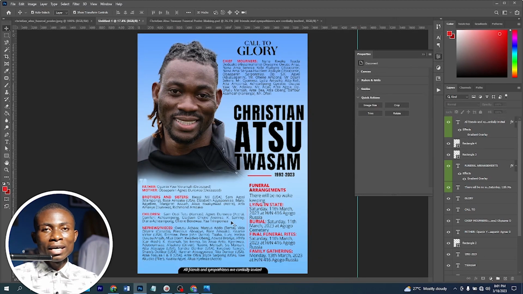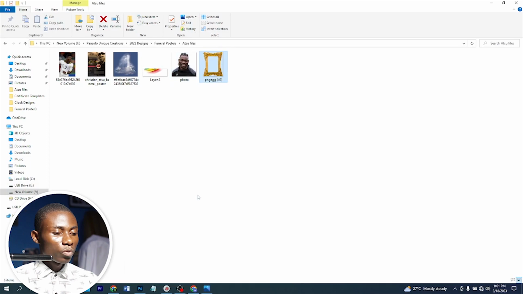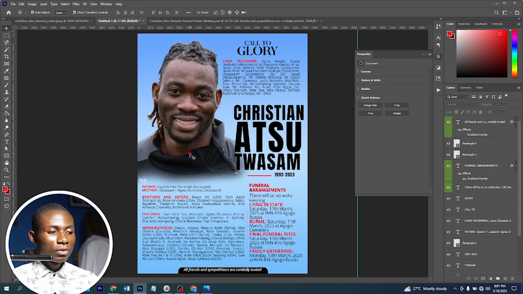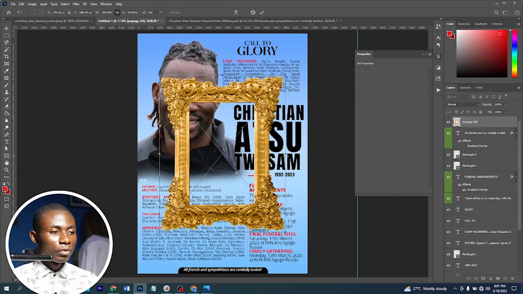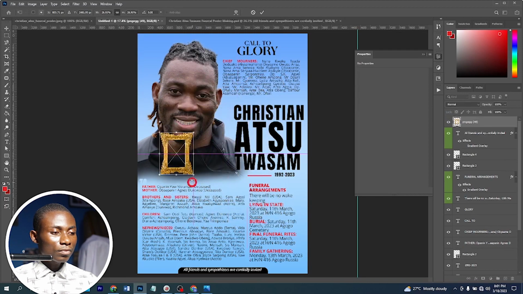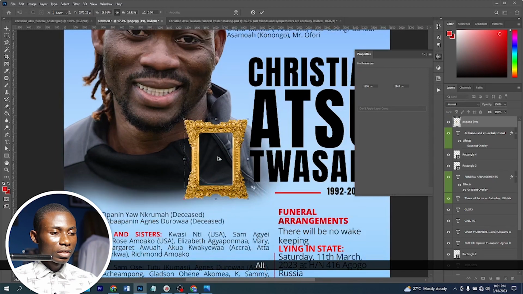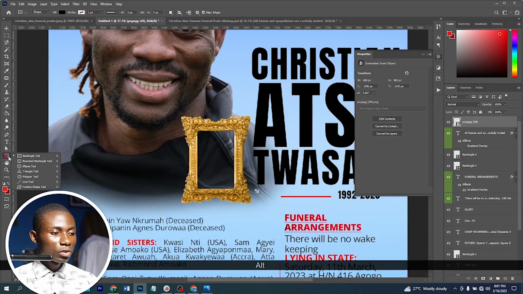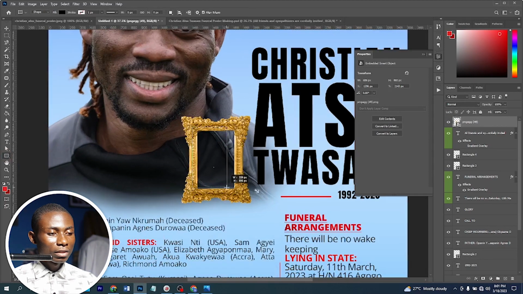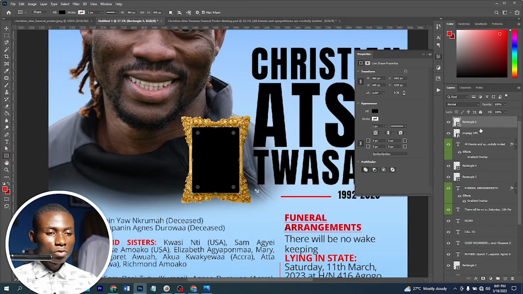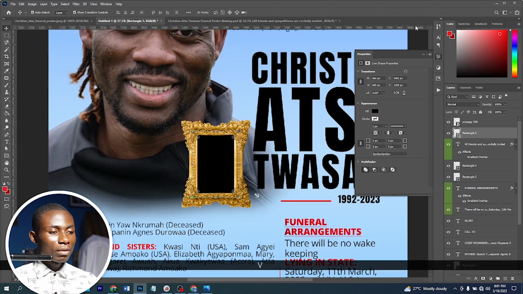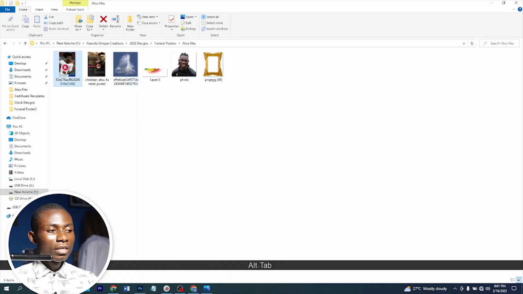Okay, so let's add a bit of color to it to make it pop. But before that, we have this that we can add from here. So we have this shape here. Okay, reduce the size, golden frame, and I'm going to put it here. Then with the help of the rectangle shape, I'm going to draw a rectangle just like this, and also move it just behind the frame. Then I'll go back to my source file,